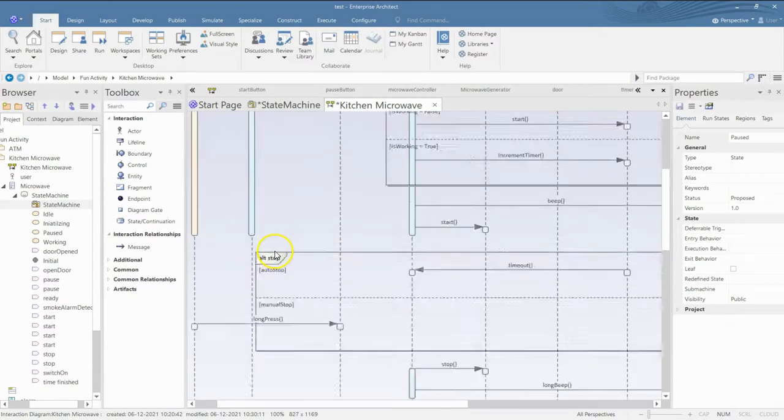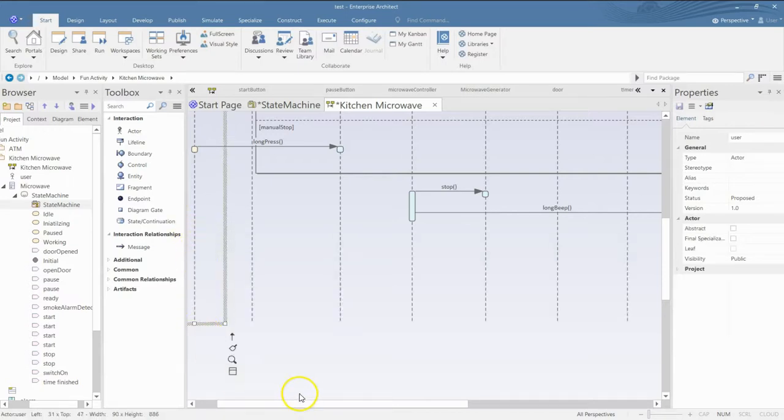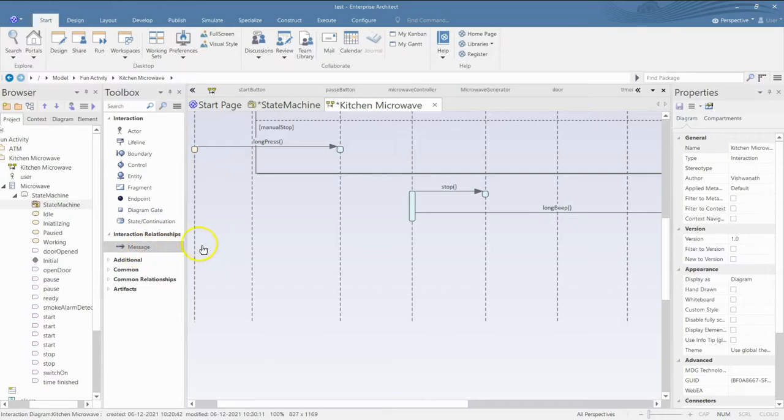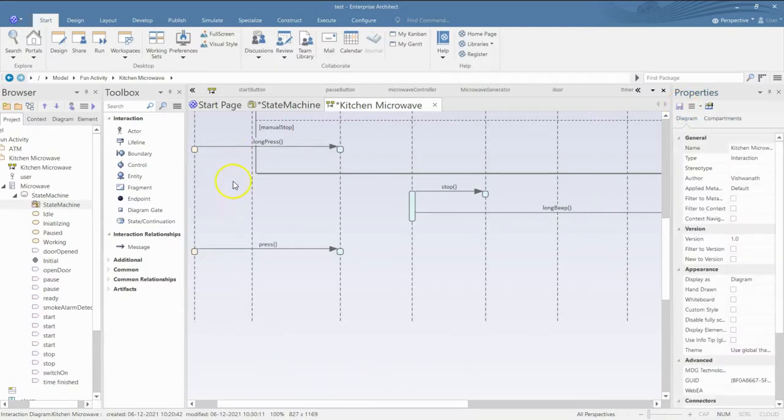No. Here we have taken care of start and we have taken care of stop. Now we also have a pause. We can press the pause button, in which case it is not going to be a long press. It is going to be just a press. See, remember this could always be looked at differently. We could have a separate button for stop, right? So accordingly, we might have to make some changes.